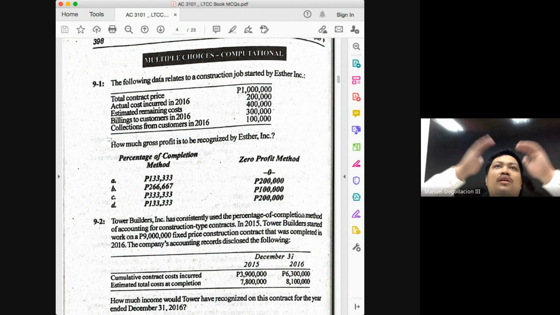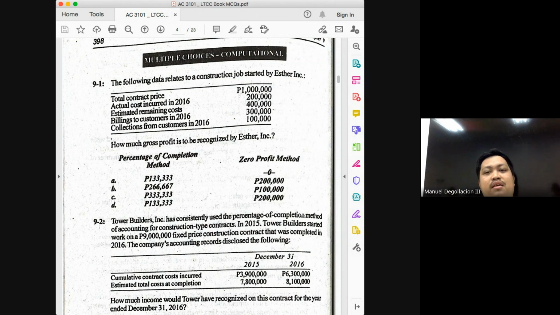And this is now where students will find it difficult. The things that you would need would be branching out already. Again, in solving for the RGP, you just need two things, the percentage of completion and the expected gross profit. But in these two things, you have other things that you need to get these two things. And that is where the difficulty will arise. But if you just do it step by step, two things you need for RGP, two things you need for expected gross profit. And what are the two things you need to solve for your expected gross profit? Contract price and cost at completion.